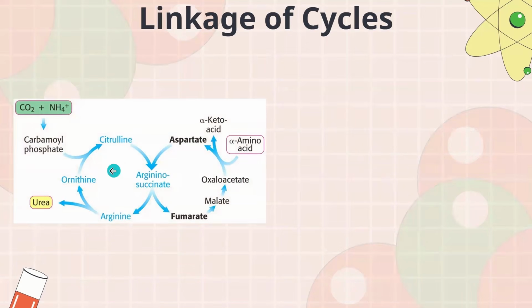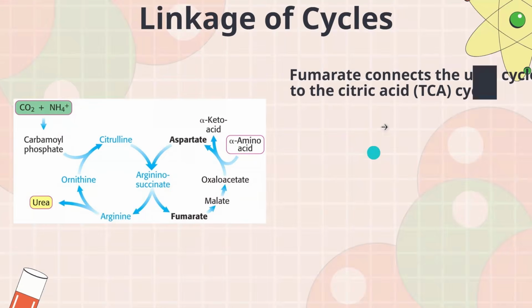So here, when we form the carbamoyl phosphate and then the citrulline, we're eventually going to form arginine and succinate, and then it's going to be cleaved, because it's a big molecule, into arginine and fumarate. So fumarate is going to enter another cycle, and it connects with, as you guys remember, the citric acid cycle, also the TCA cycle, and it links so it can eventually form malate. And after fumarate forms malate, malate is going to form oxaloacetate.